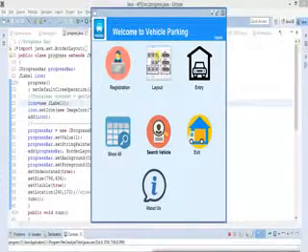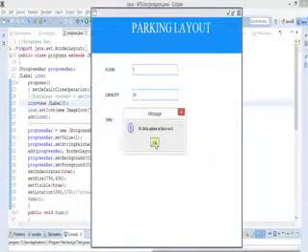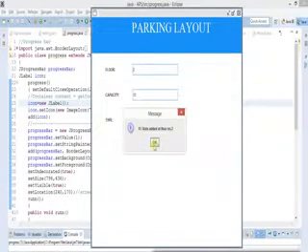The first thing first, the parking lot owner will set the layout according to his parking. So first he has to fill in the floor number, as he filled the floor number as 1 and capacity as 10. He has 10 slots for four-wheelers at floor number 1. So he will just click on save, and 10 slots are added at floor number 1. Similarly for two-wheelers, suppose he has a capacity of 15 two-wheelers at floor number 2. So he will fill that, and see, 15 slots are added at floor number 2.